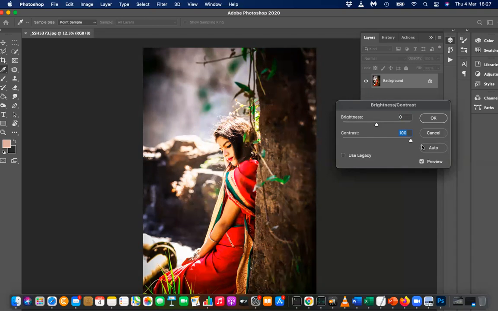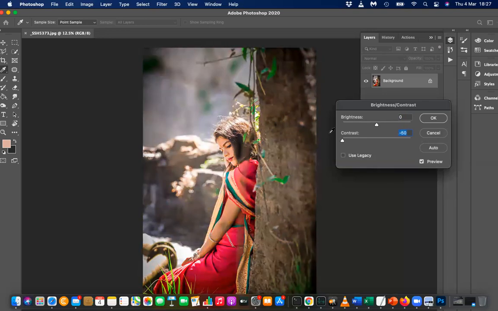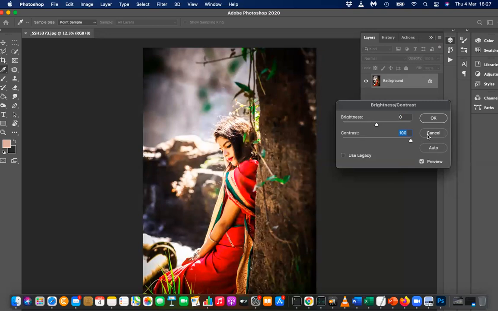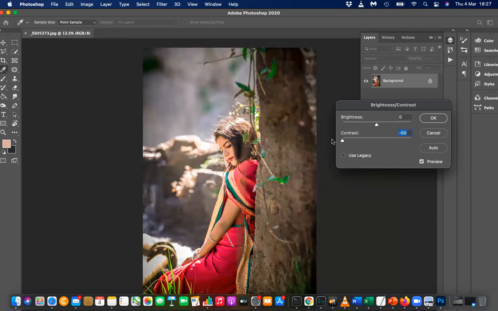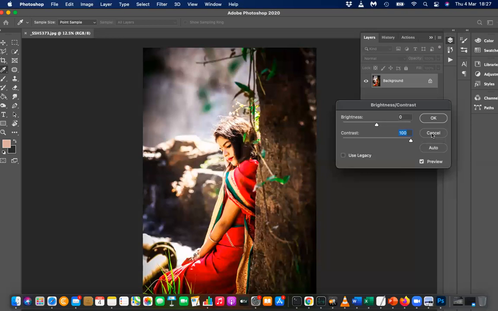Okay, we'll ask a newcomer now. What is the difference that you can see? Tell me what the difference is, son, when contrast is reduced and when contrast is increased. What is the difference? The contrast is low, it's not clear. When contrast is high, it's more clear. So that is something, yes.